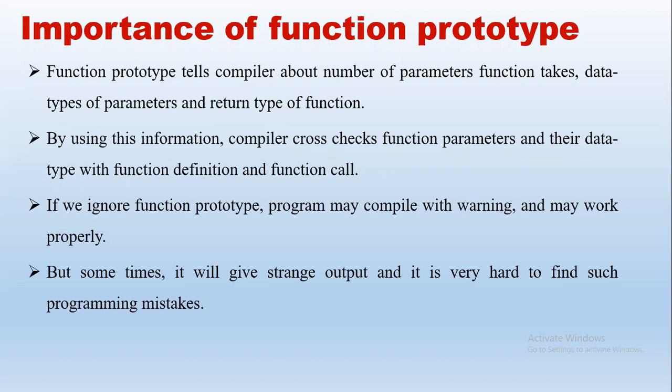So we need to take care of three things: order, data type, and number of actual parameters should match with the formal parameters. I repeat, the order of parameters, data type of parameters, and number of parameters should match, right? Based on these parameters and the return type, we have the classification. There are 4 important types of functions. Classifications are based on the parameter and the return type.